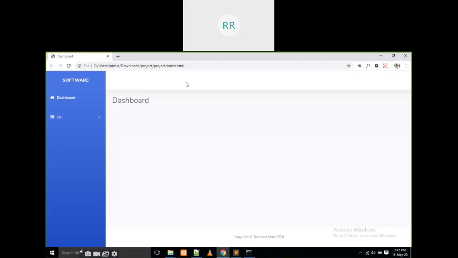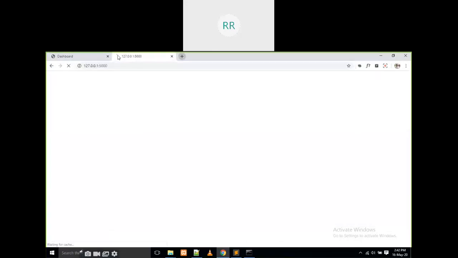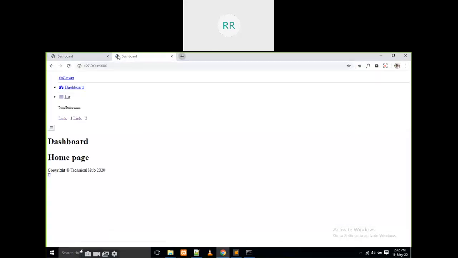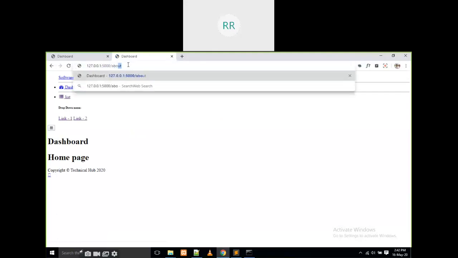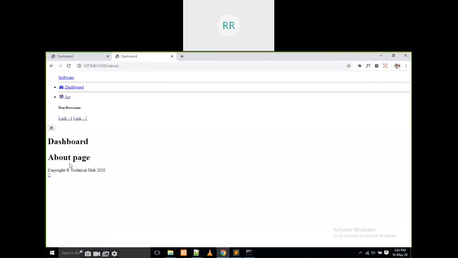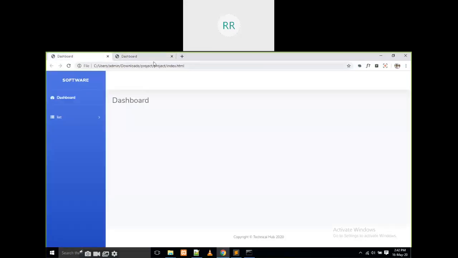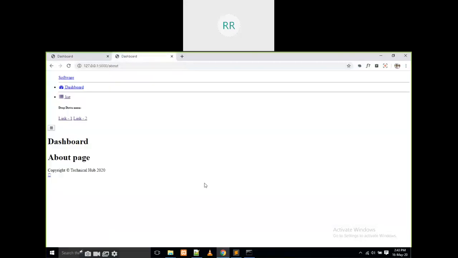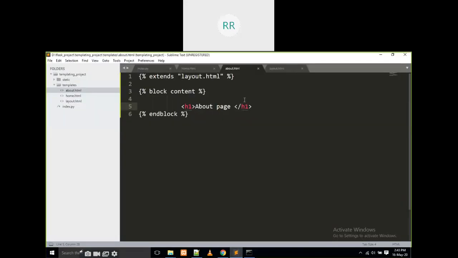My target is this page, right? Here I am going to write. If you observe here, yes, the home page is coming, but there are no styles at all. For example, I am going to go here as about. Yes, the about page is coming, but the styles are not looking like this, right? That means the CSS files and the styles are not applied here. Why? Because the template is missing.